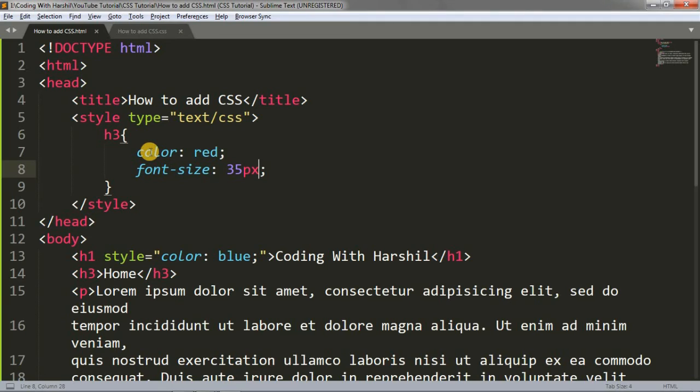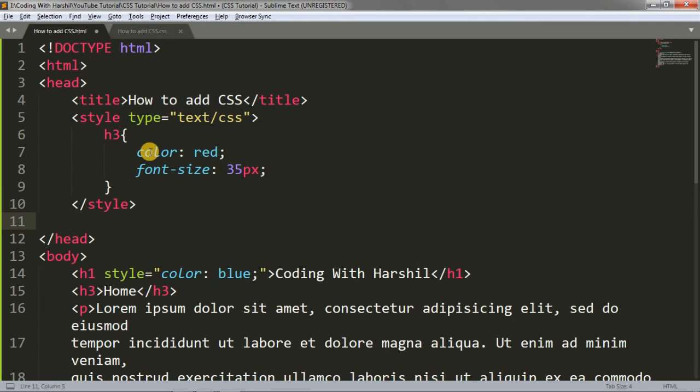Okay, so to connect that we require a tag called the link tag. Means we are linking this .html file with the .css file. Okay, so here in the head tag I will write this link tag. So I'll write the link tag like this. You can see the suggestion, press enter, and you can see rel means relationship. Relationship is what? Style sheet. It is a style sheet language, Cascading Style Sheets. So rel is stylesheet. Type equals text slash css. Okay, same way here also you can say text slash css.